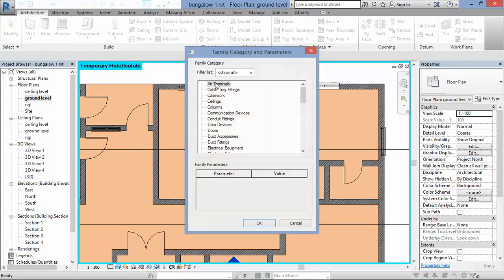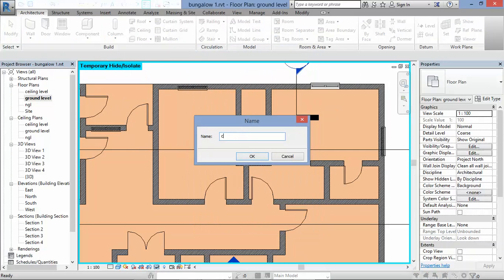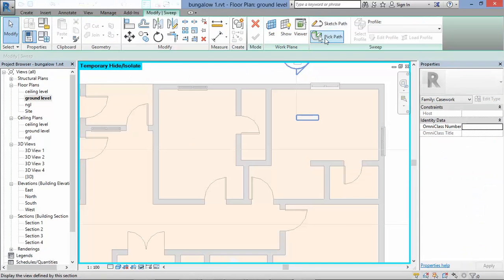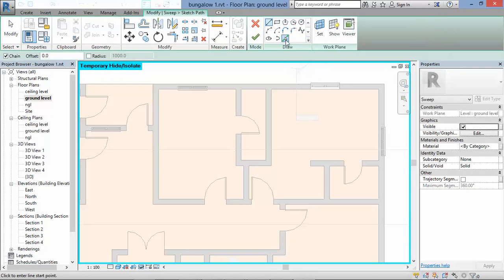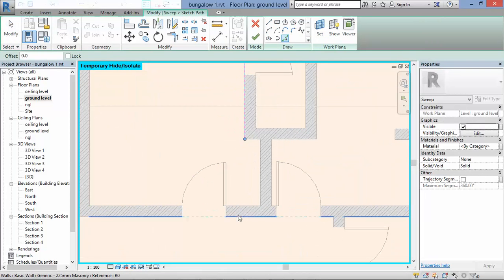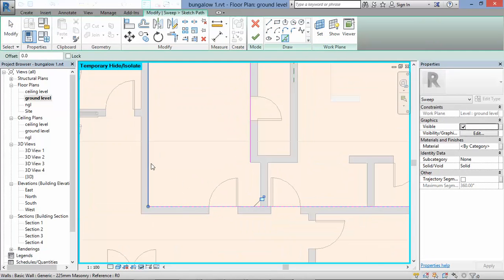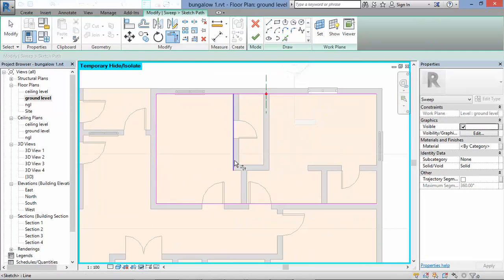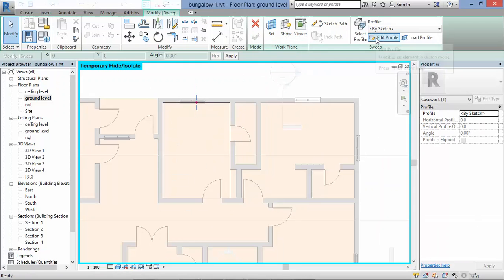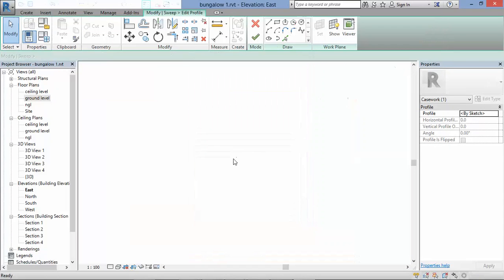Component, model in space, casework, C3, sweep, sketch parts, pick lines, and there'll be wardrobe here. Okay, like this. Skip trim here, check, edit profile, east elevation,